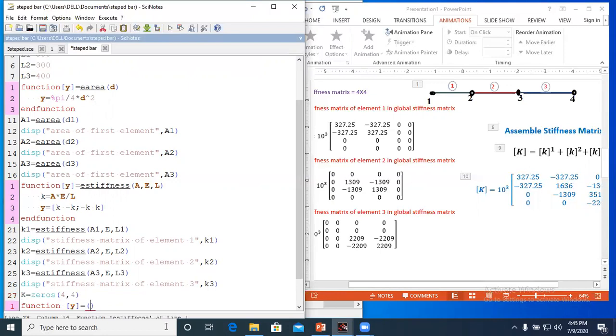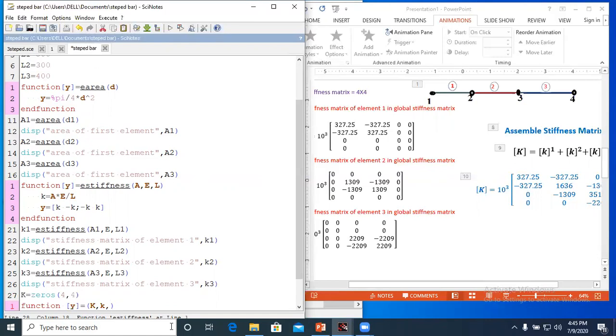this K. Now to receive this, again I will use the same notation. Next I want to add the stiffness matrices of each element, so I will write the small k for receiving the stiffness matrices of all elements. Now here you have to receive the locations, so we need some variables.